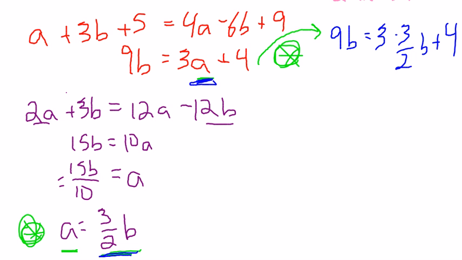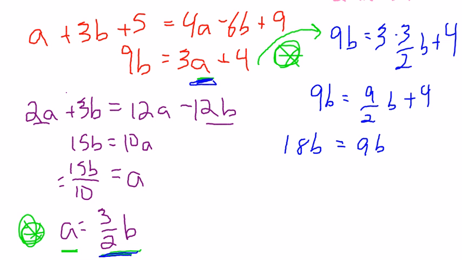From there, I get, is that 9b? Is that right? Yep, that's right. So from here, I get 9b, so I'm going to simplify this with the 3 times 3 over 2. So I get 9b equals 3 times 3 is 9. I'm going to leave it over 2. I'm going to take care of the next step. b plus 4. I don't like fractions. They annoy me. I'm going to get rid of them by multiplying everything by 2. When I do that, I get 18b equals 9 over 2 times 2 is just 9b plus,